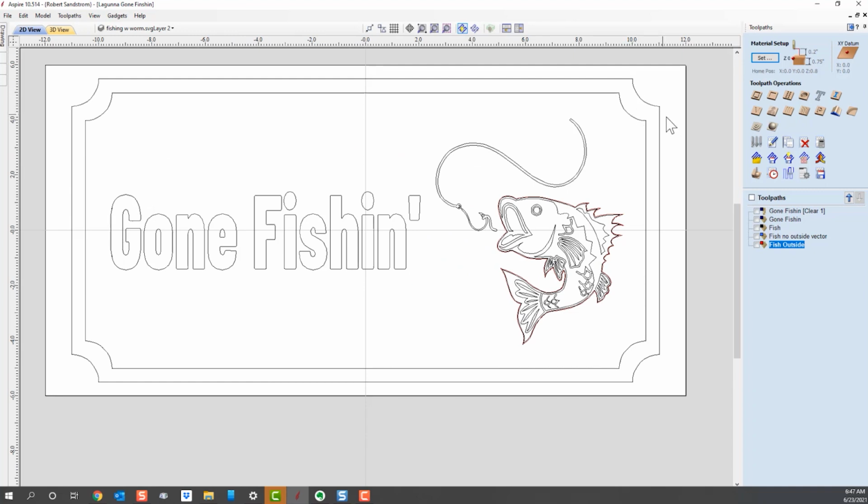Now we need to carve the outside of the sign, and we put this decorative barrier in here. One way to do that, and it's typical, is we'll use a V-bit profile cut. What does that mean? It means I'm going to use a V-bit to do this cut versus an end mill. So let's go ahead and do a profile toolpath,